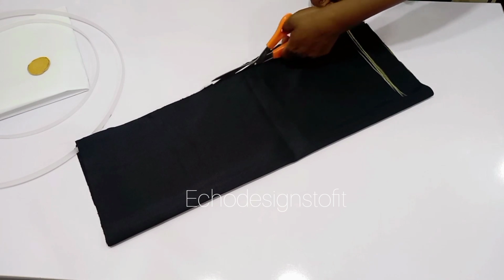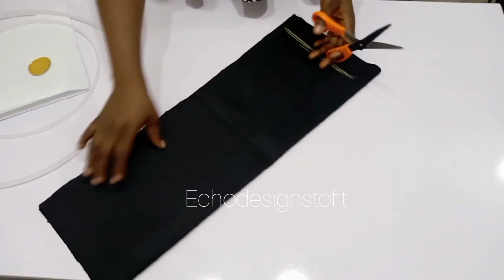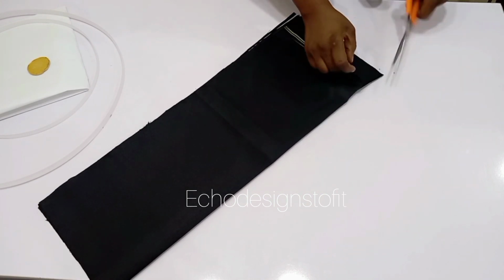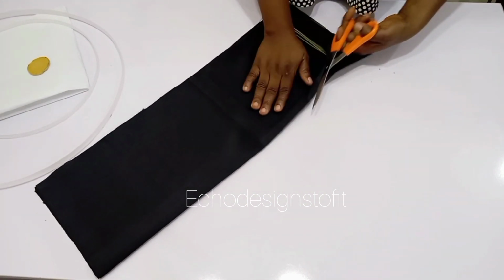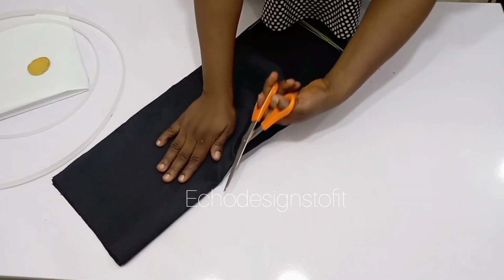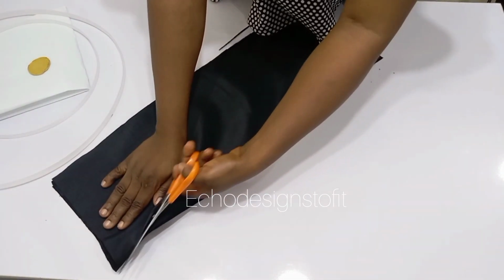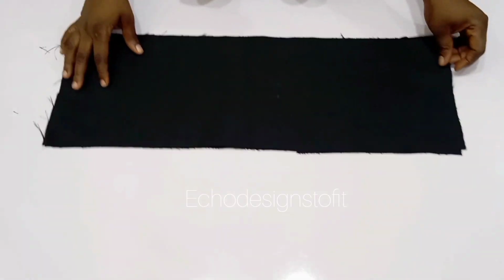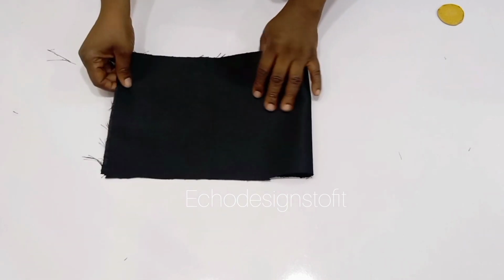So once you are done cutting this out, I'm going to be working on one. I'm going to show you how to do this using one, because this is a tutorial and we don't want this video to be very long. So what you are going to do is fold in,